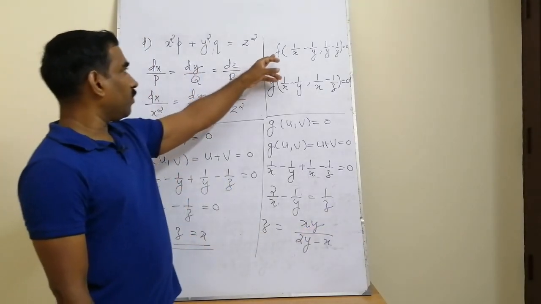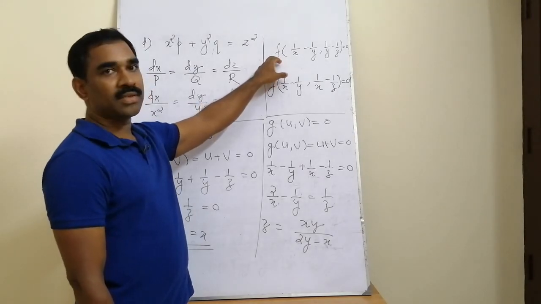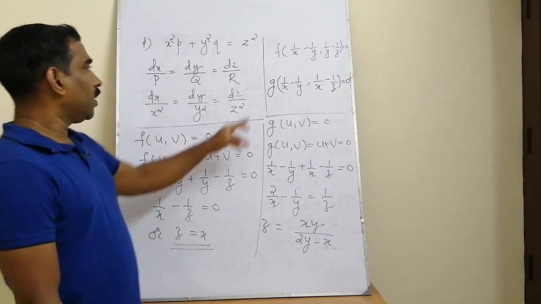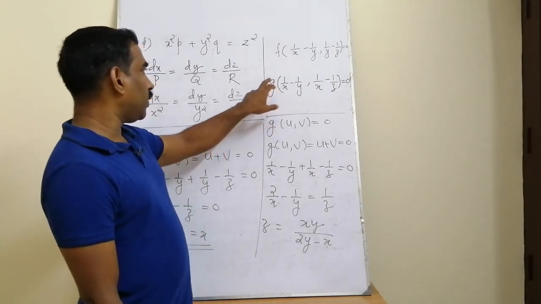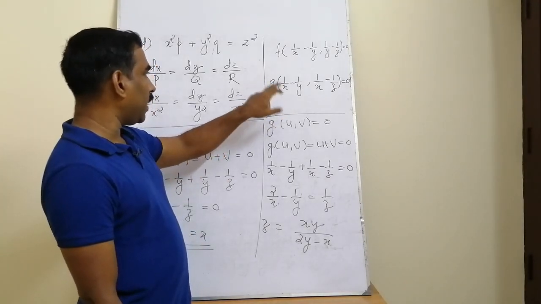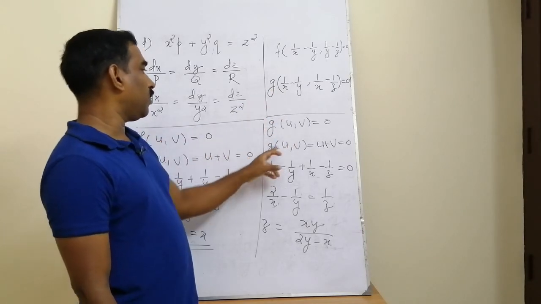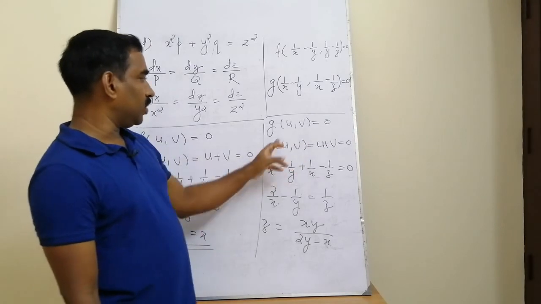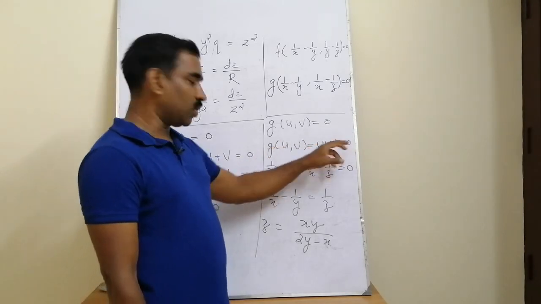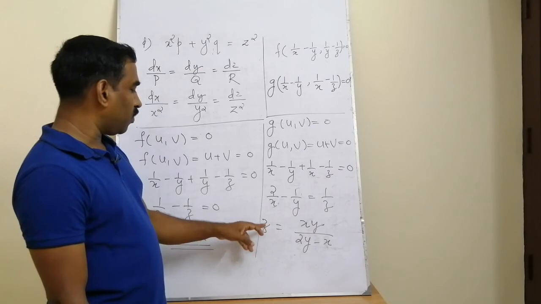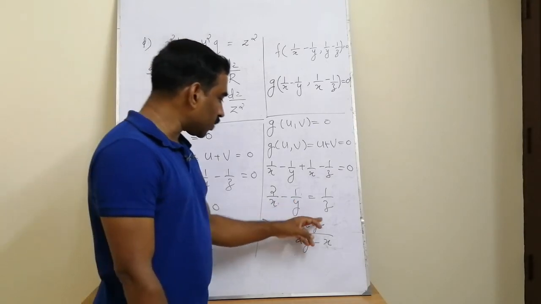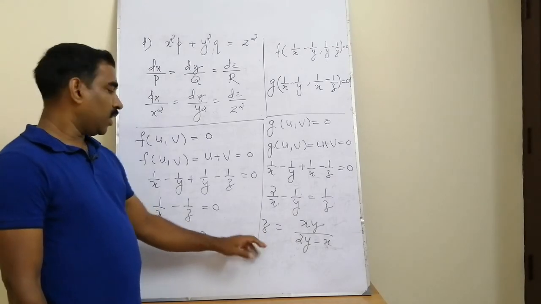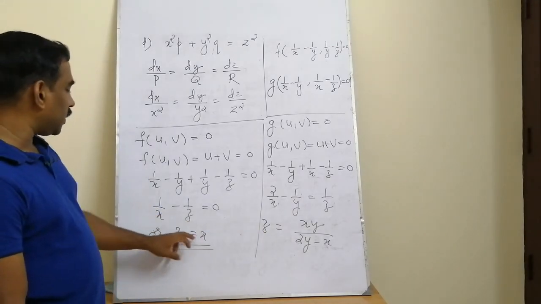For the first set, we are fixing the arbitrary function as the sum, f of u, v is equal to u plus v, and we get the solution as z equal to x. In the second set of general solution, where g is an arbitrary function, we are again fixing g as the same function, the sum, that is g of u, v is equal to u plus v, that is equal to 0. We will result in a surface of the form z is equal to xy divided by 2y minus x. See, these two surfaces are entirely different, and we can also see that this z is equal to x satisfies